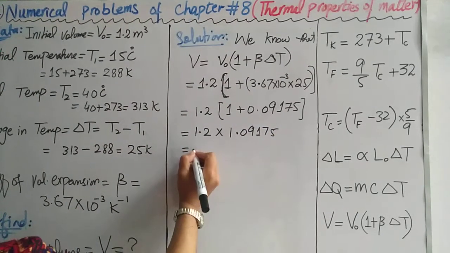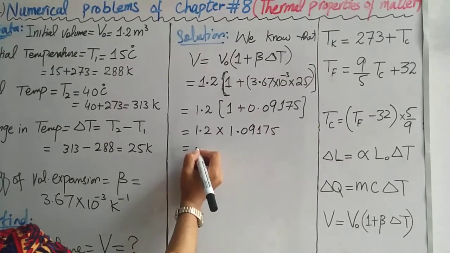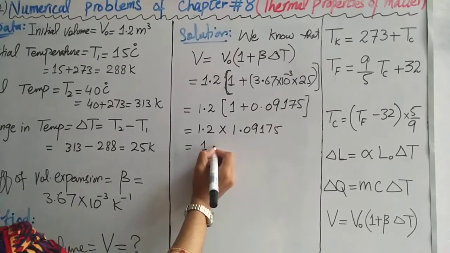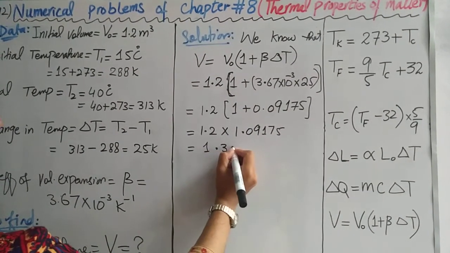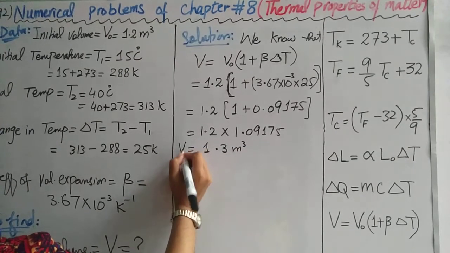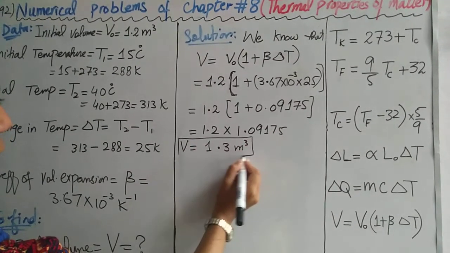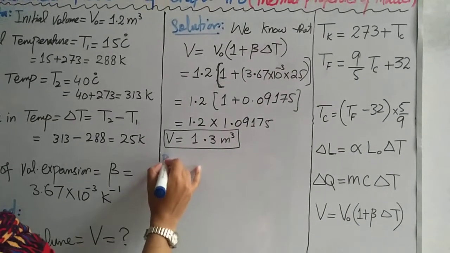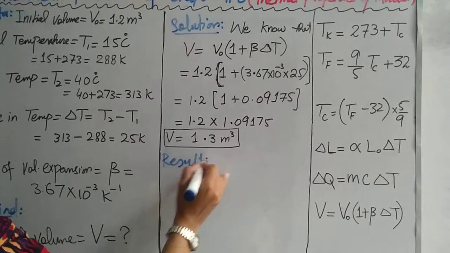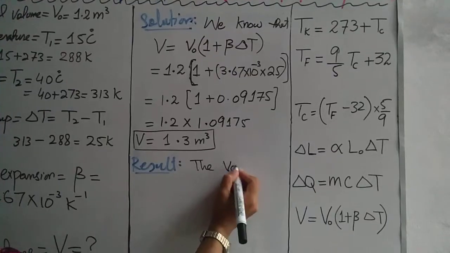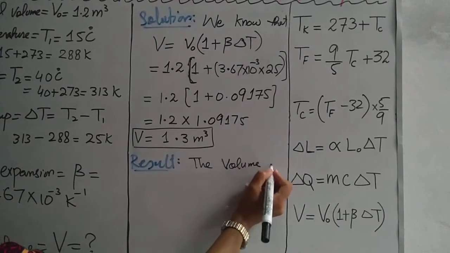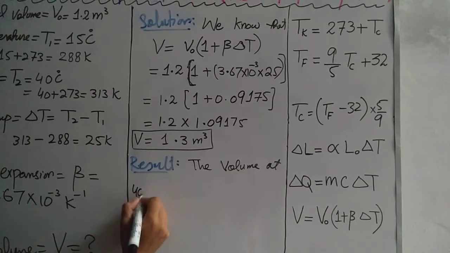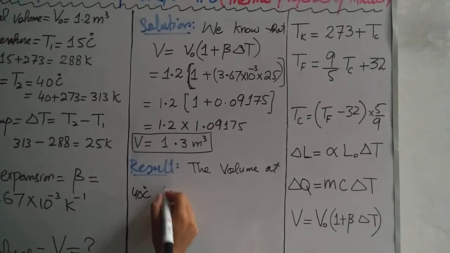By adding it, we have 1.09175. By multiplying this, we have a final answer of about 1.3 meter cube. This is our value of volume. Don't forget to write the unit. Now result: the volume at 40 degrees centigrade is